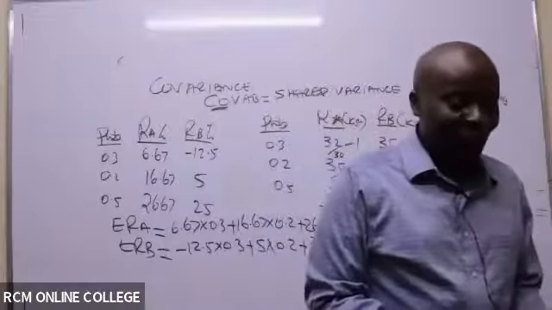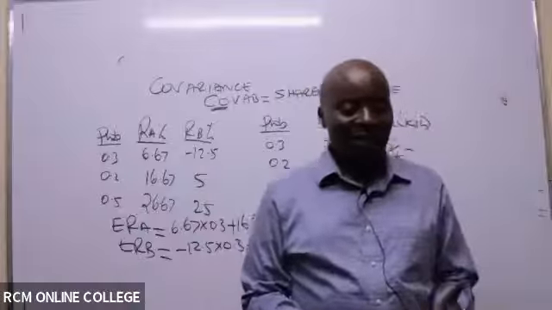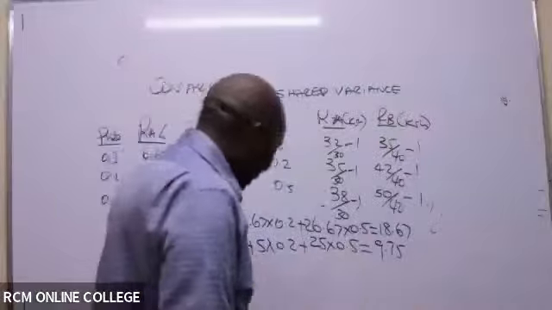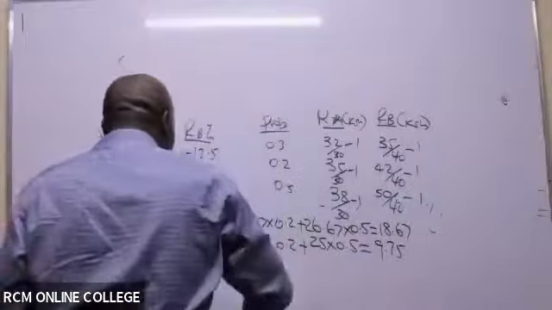So covariance is the shared variance. Now I want you to understand me from the beginning to the very end. So when we talk of covariance between A and B,